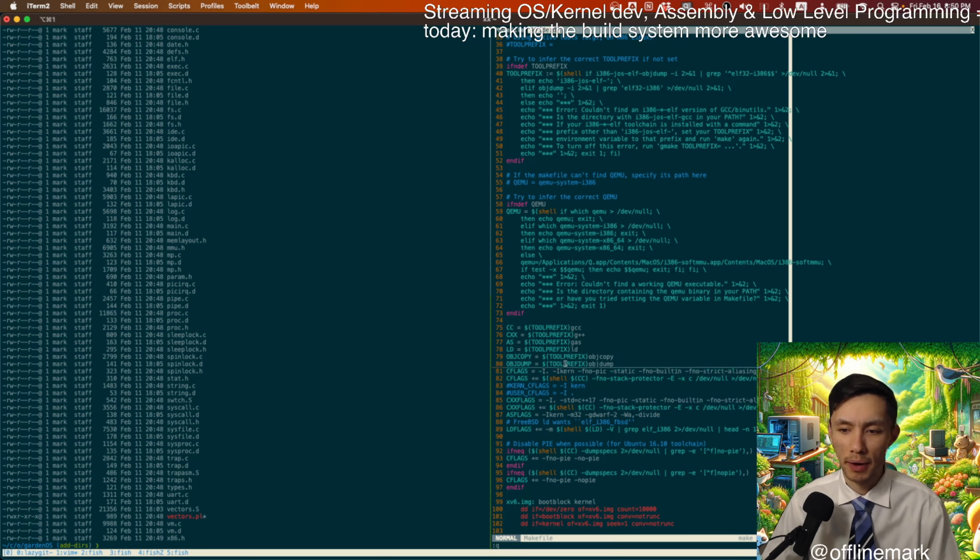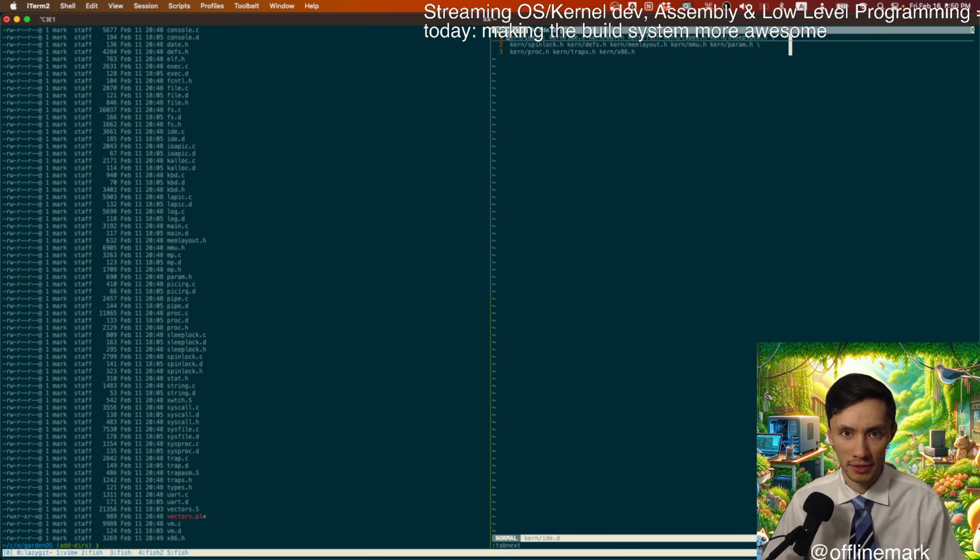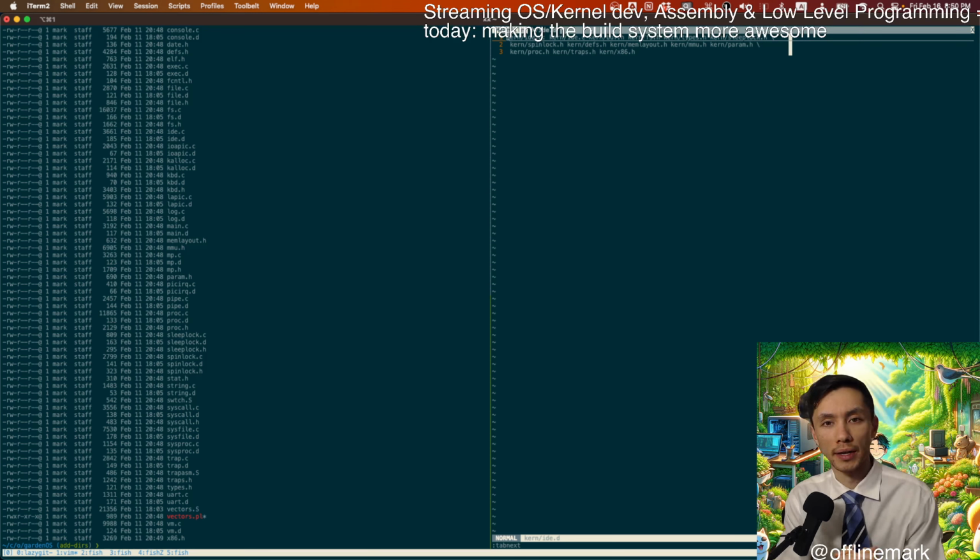My loose high-level understanding is that it's kind of like a build optimization thing, and it helps the build system only rebuild object files when it's necessary.